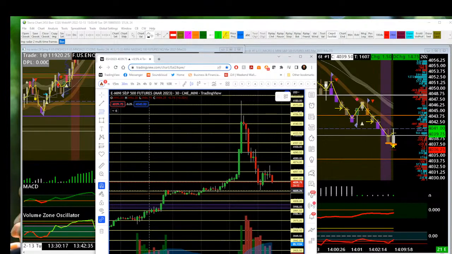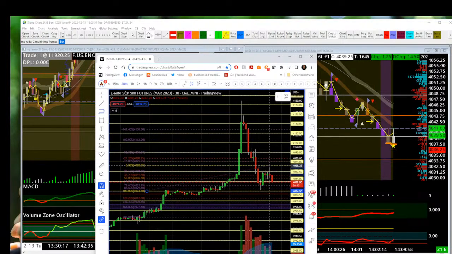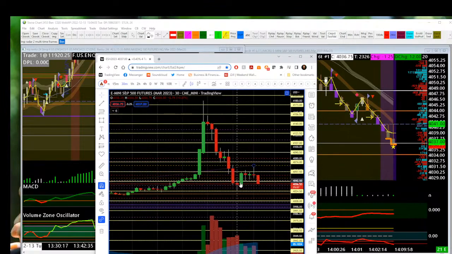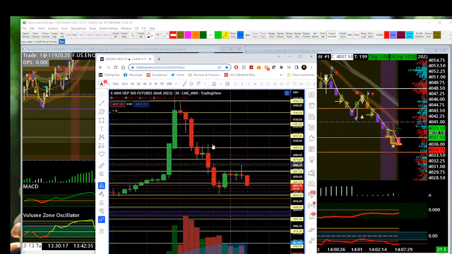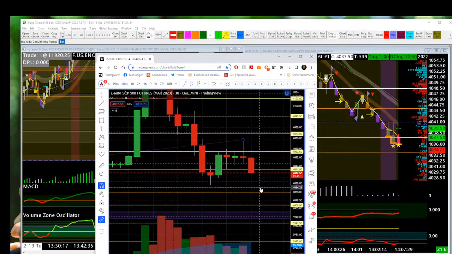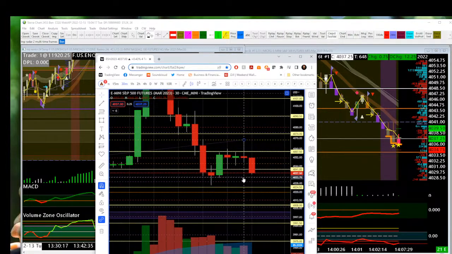Let's try something a little different. We'll say they orbited this level, and we'll try a couple different ones. Let me just see if that's lined up. Yes, it is. So that gave you this, and yeah, they're going to crush this. That sucks. It just missed me. Yeah, that's okay. So our primary target now is back short, well, the primary target would be 40,